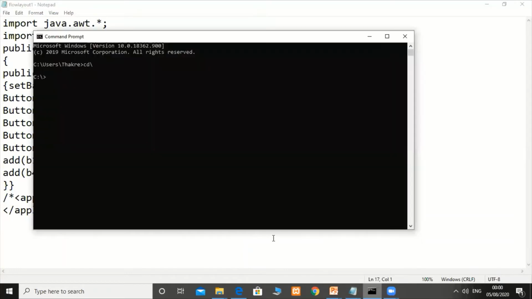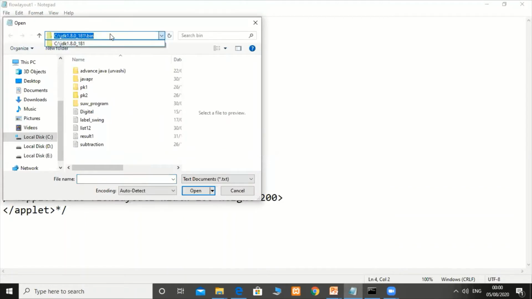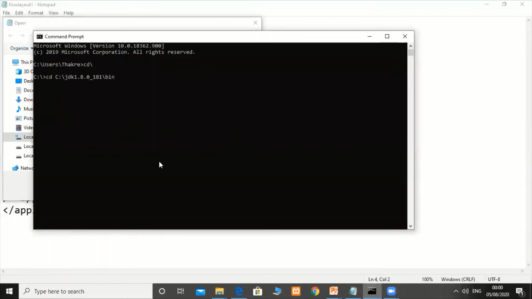Copy the path here, and then compile first with javac and the file name FlowLayout1.java, and then write appletviewer with the file name.java.